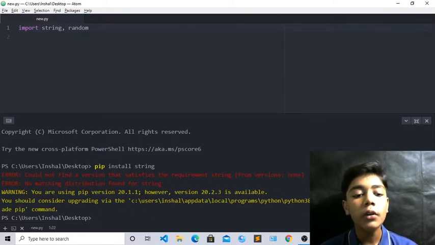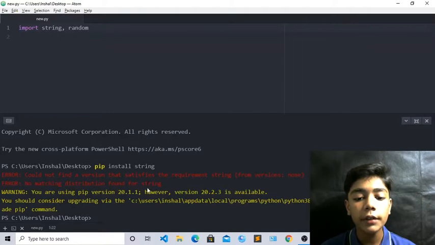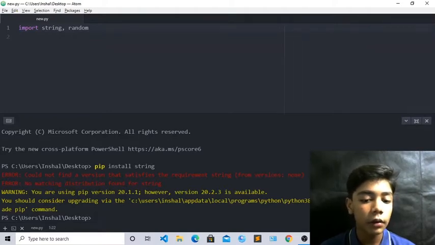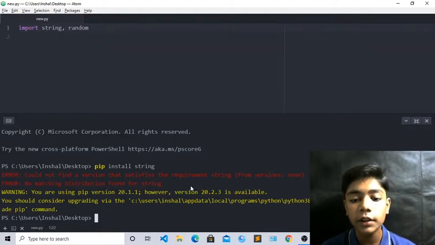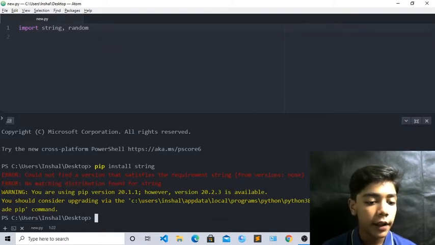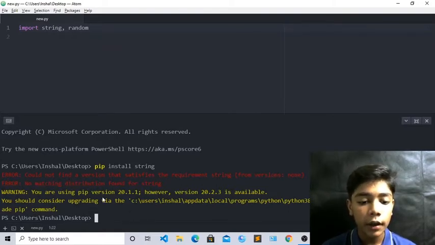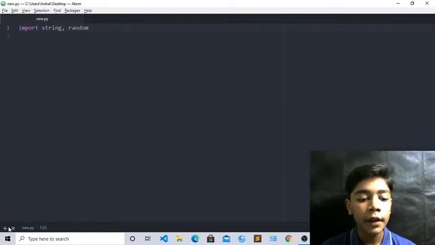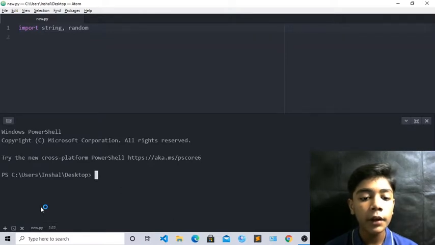Okay, if you don't download it, just download here and it will start, but I have already downloaded it and it does not have the latest version, so this red error is coming. Okay, and now I tell you about this warning. I remember and you remember also. Okay, now just close it from here, and now again go to terminal, and now we will download random here.